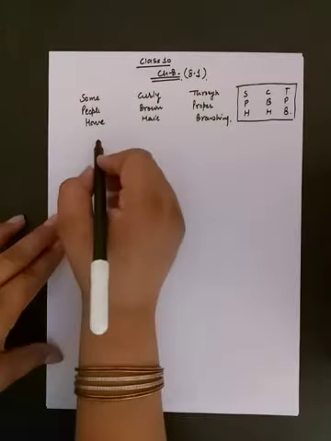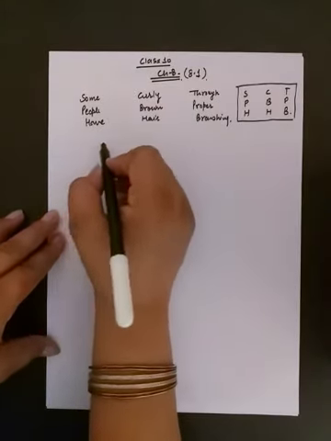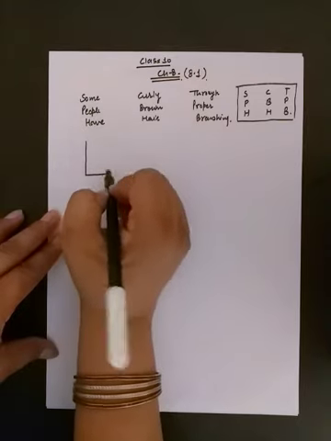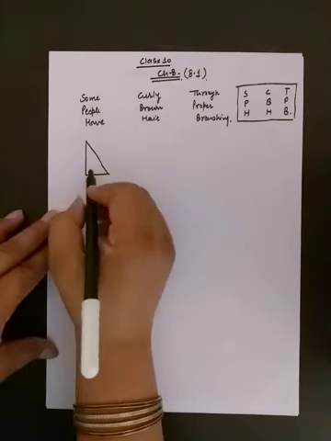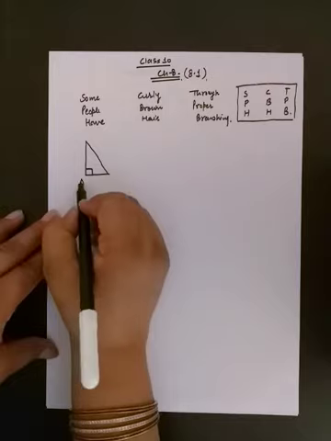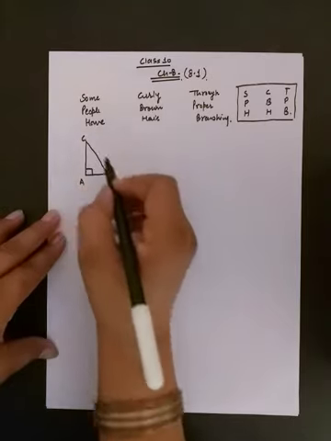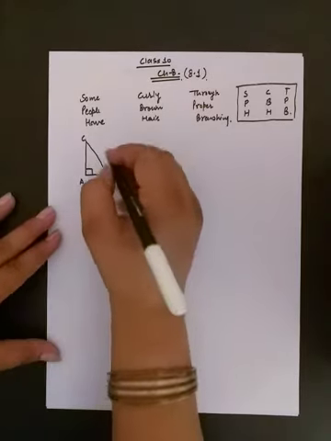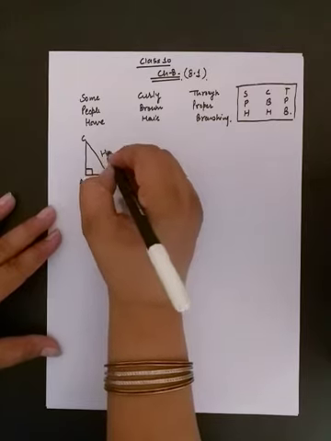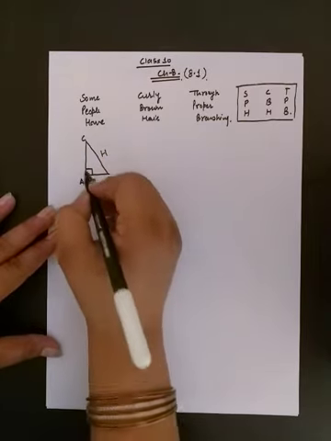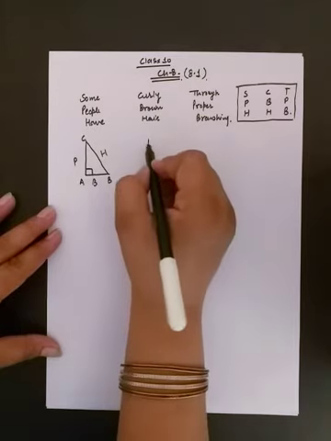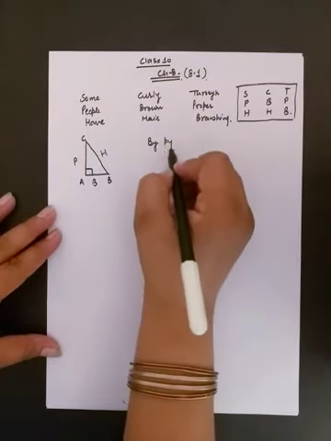Also students, we must know what is the Pythagoras theorem, because it will also be used in this exercise to find the dimensions. So this one side is called hypotenuse, you already know, and this is base and this is perpendicular. We know by Pythagoras theorem,